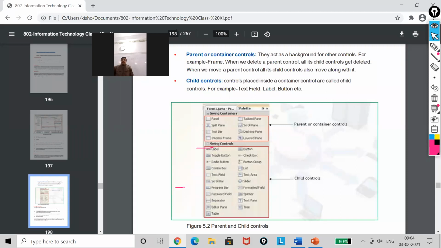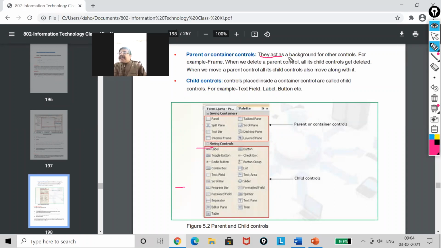See, when I'm talking about the parent, it plays an important role because whatever child controls you are going to place, all of them will be placed inside the parent control. Just you can see it. What is the parent? That is also called a container control.